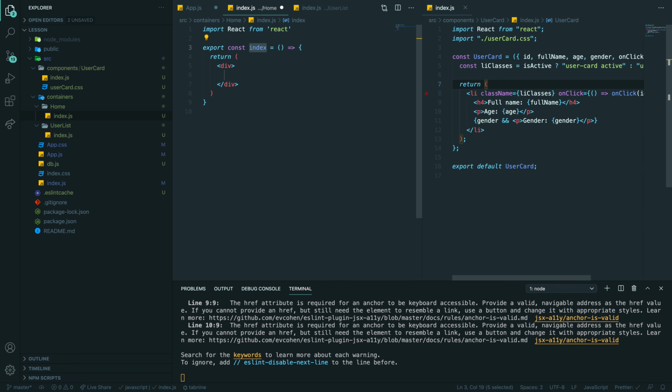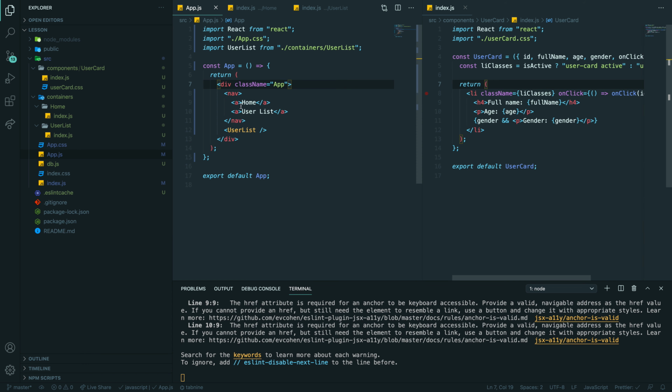Function component home, default export. So I will just put H1, nothing smart, H1, home page, yep.